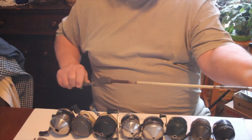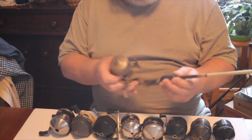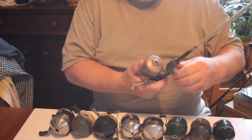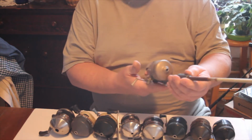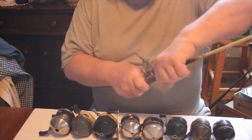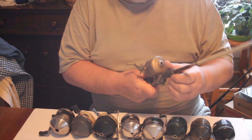Let me take this off. But they had, again, a metal reel seat, and you simply put your reel in like so, tighten it down, you're set to fish. Okay, this had a cork handle, and up here there's also an adjustable screw that would allow you to